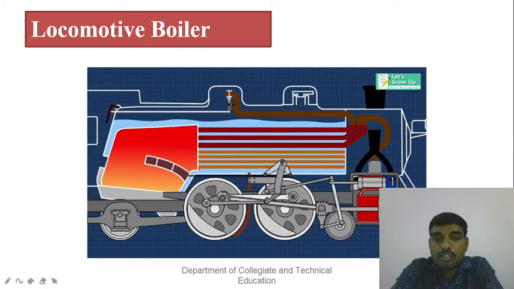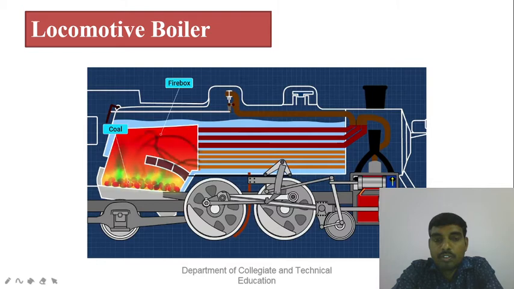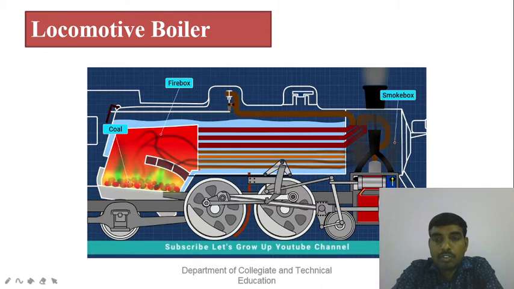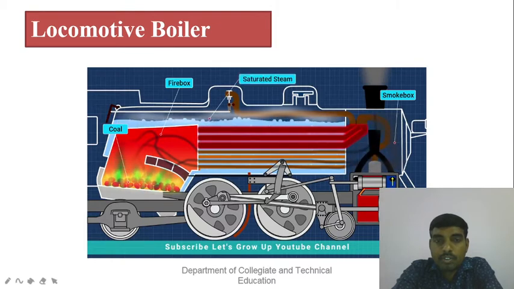Let's learn the working function of the steam locomotive engine. The coal is burned on the grate inside the firebox. The hot gases are drawn through long tubes in the boiler to the smoke box, and then out of the locomotive from the chimney. The heat from the firebox heats up the water in the boiler. Water is also heated by the heat from the hot gases going through the long tubes. As water becomes hotter, it turns into saturated steam, which collects above the water.